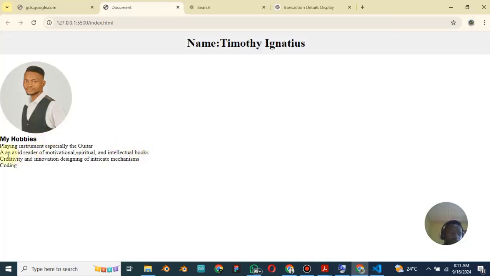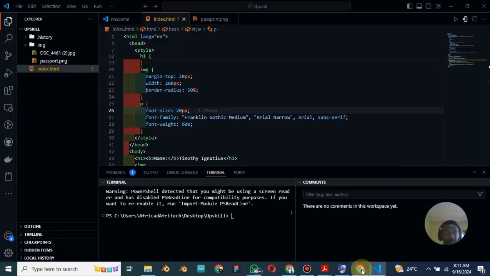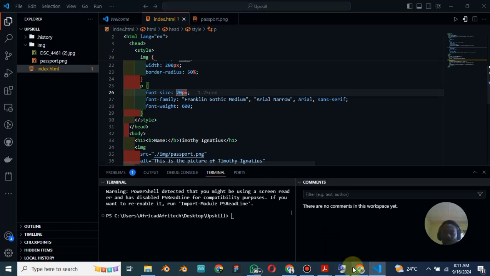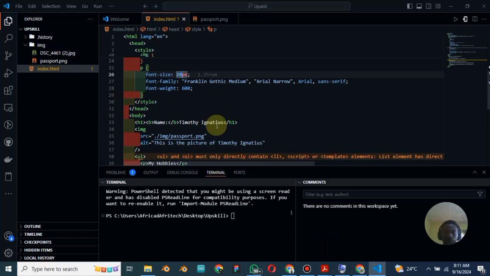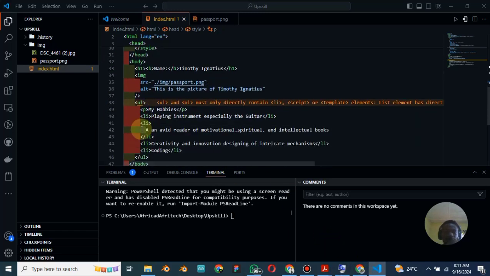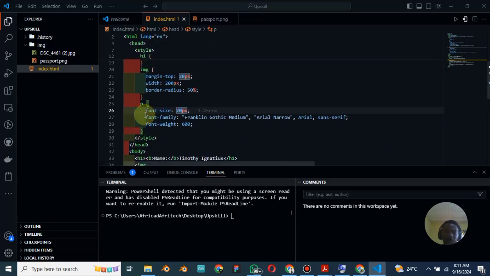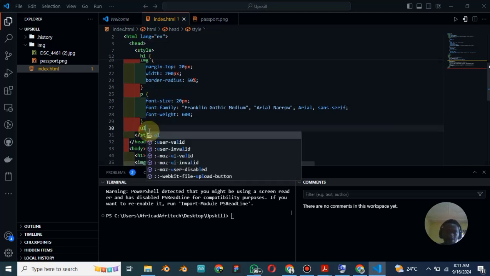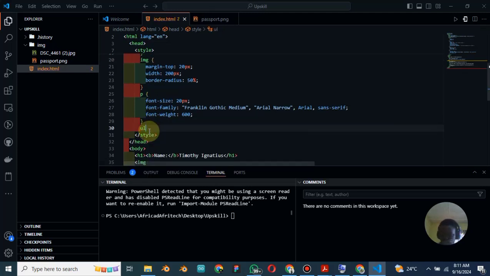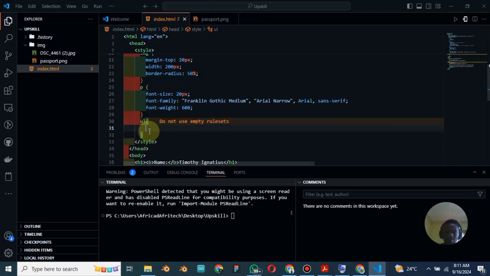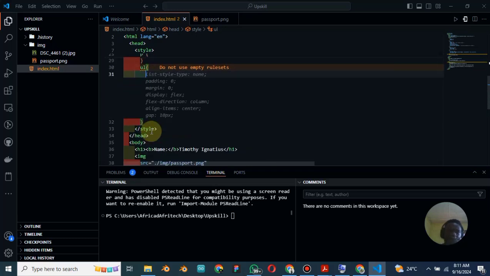Now can you see this? This is our list, an unordered list. Now the next thing we can do is to our UL unordered list. Now we may want to style our unordered list. So on our unordered list, we may want to style it to say okay, you should have